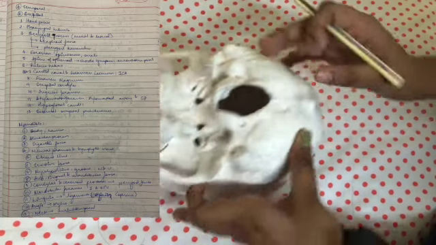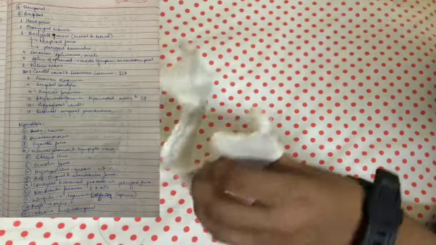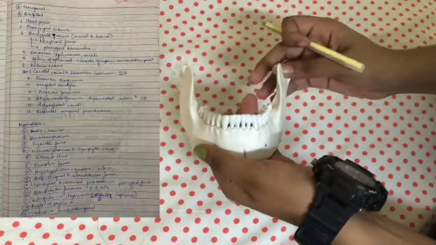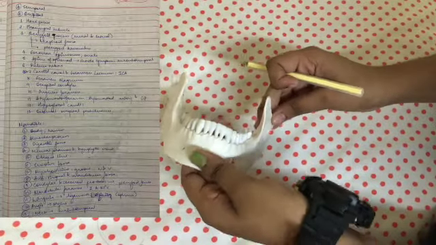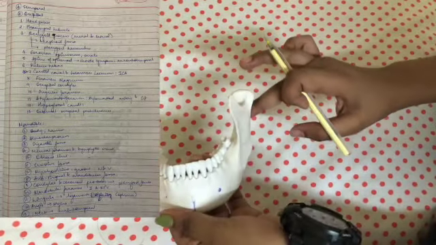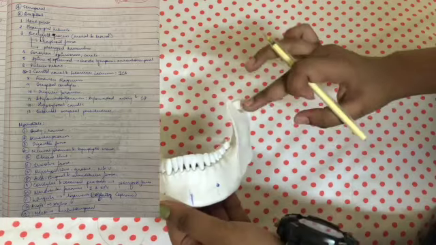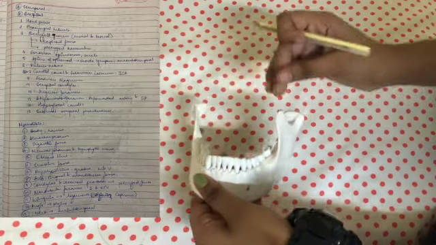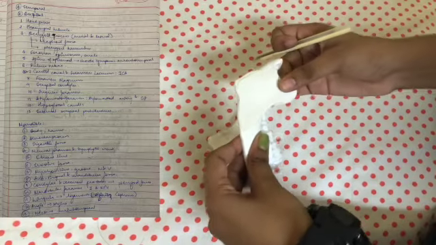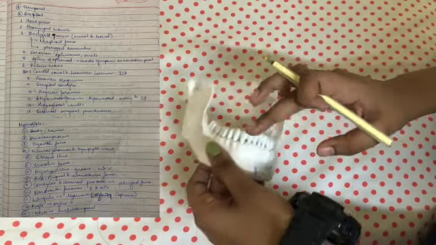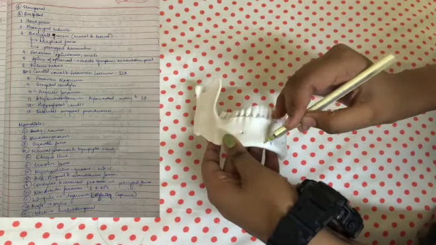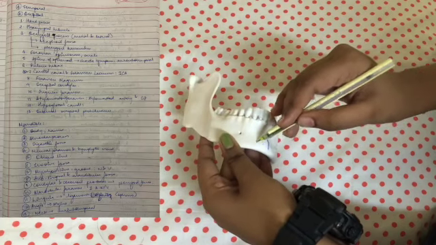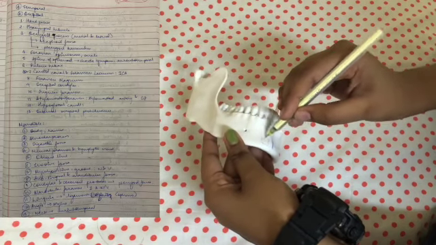Let us move on to the mandible, which is a separate bone. As you know, the mandible is the lower jaw. This is the only movable part of the entire skull. It is almost U-shaped, and you can see it has a body. It has a ramus, which is these two vertical structures that you see here. It has this alveolar process that we discussed. It has the digastric fossa anteriorly. The anterior digastric muscle takes origin from this point.